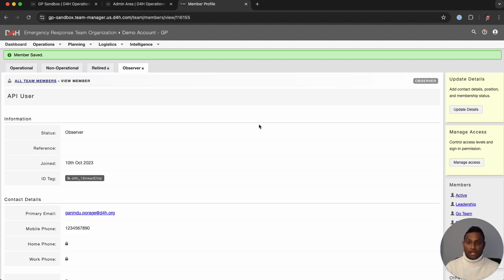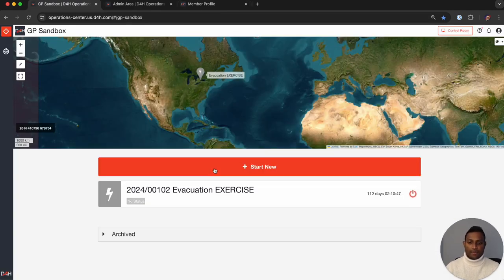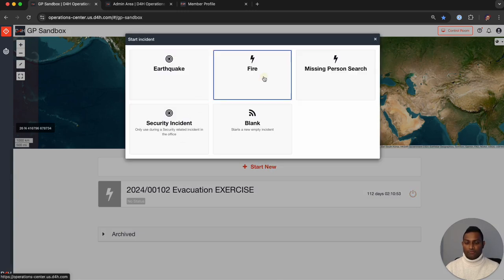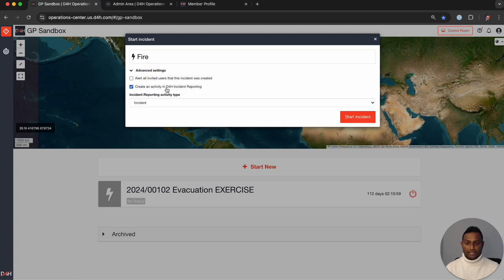Now let's take a look at how this will be useful for you when you're creating incidents using the D4H Operations Center account. I am now on my Operations Center account. I'm going to go ahead and click into Start New and open up one of the places that I have in the account. And if you now expand the advanced settings, you will see that system has an option to